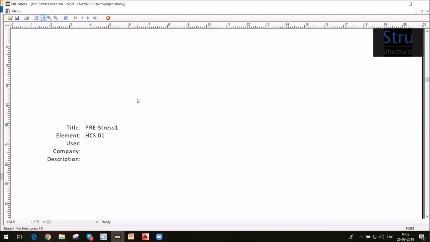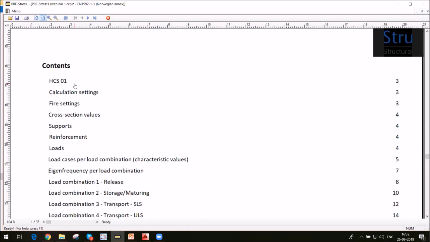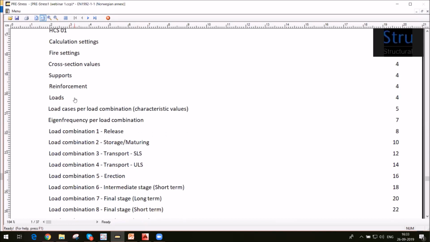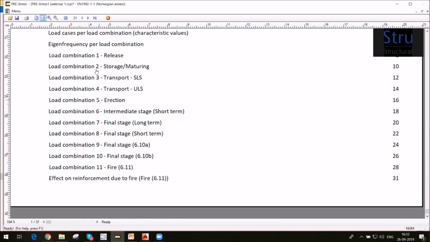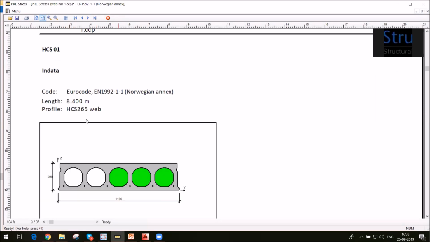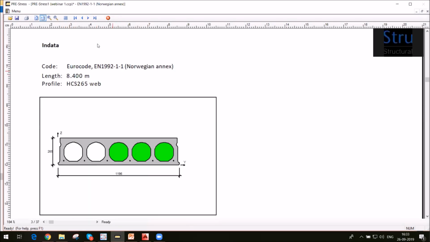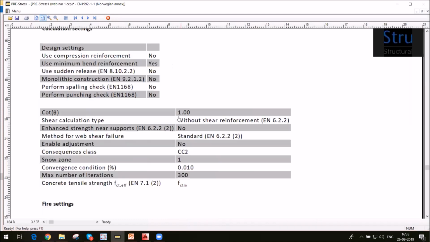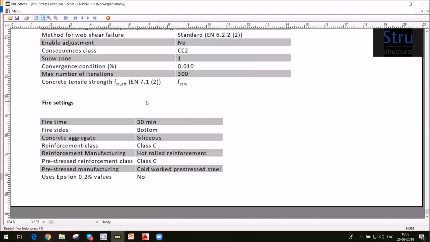So the report is ready with us. Here, first of all, we see the inputs which we have given, the settings which we have mentioned, or the loads, the load combination, and then we see the results for it, and the temperature gradient and design bending moment. Here is the cross-section geometry. Moving ahead, we get the inputs which we have given,